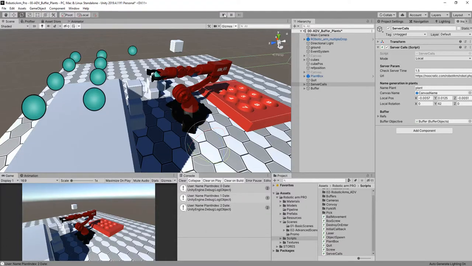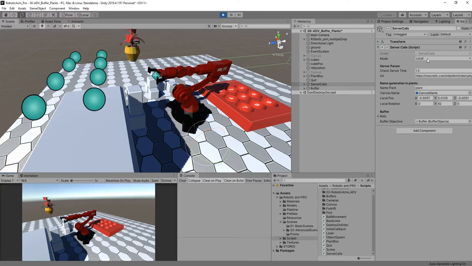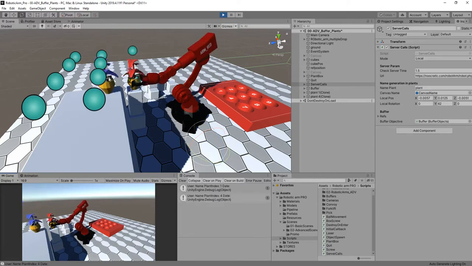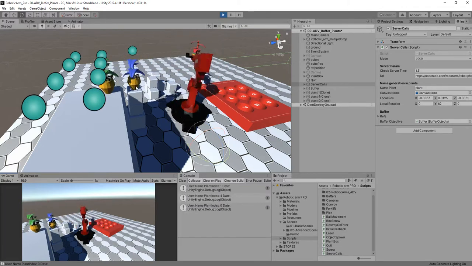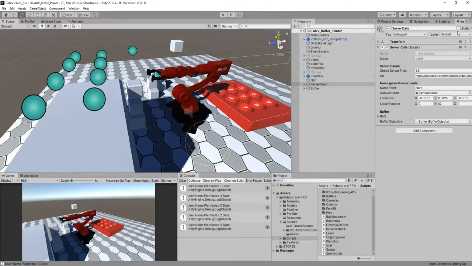Well, let's explain in this tutorial how the server calls work. So if you hit play, you will have two option modes. You have the local mode that will generate the same random plant with the same name, as you can see here. But if you select the server side, you will be able to access a JSON file